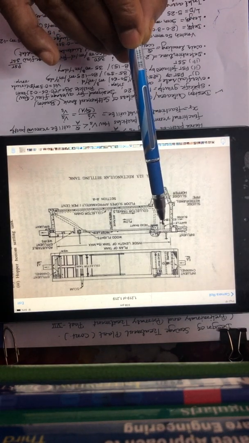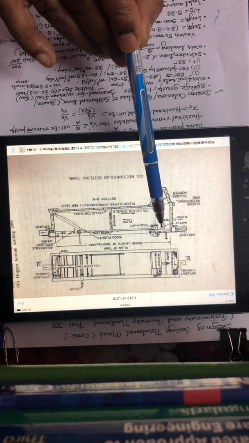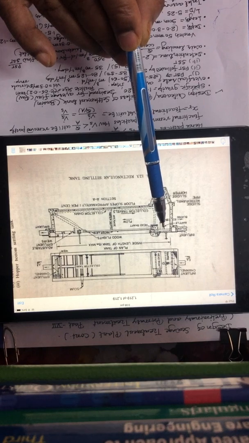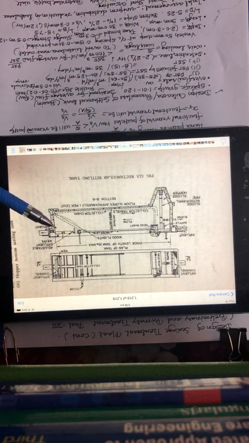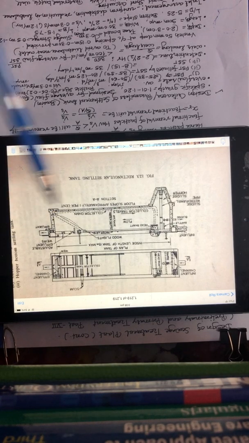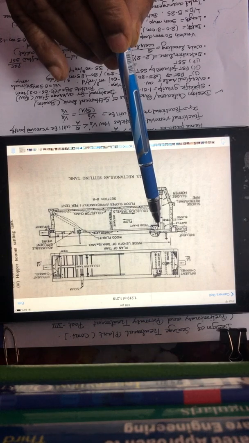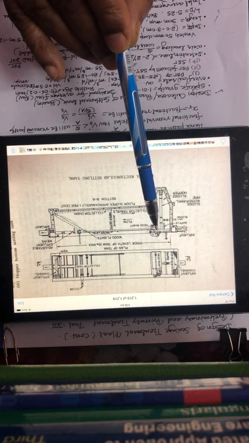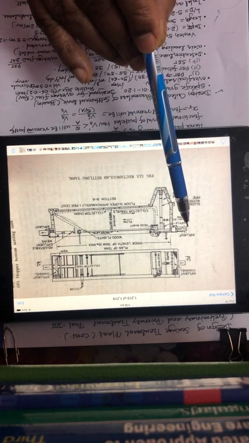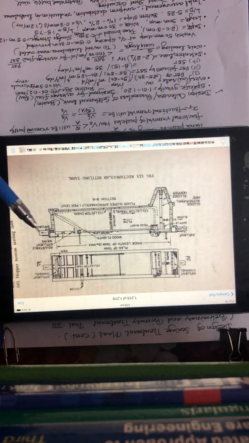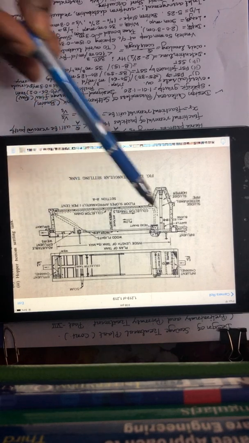Once the sewage comes here, some horizontal velocity will be imparted, because there is a draft created due to the outflow of the sewage. Because sewage is leaving from here, some draft is created, and because of that some horizontal velocity will be imparted. So this horizontal velocity is not on account of the initial velocity of flow, it is because of the draft created by the outlet.